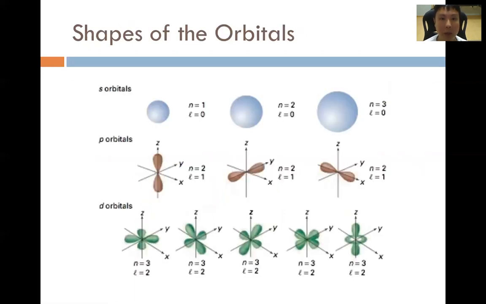In this diagram, we meet the shapes of the orbitals for the first time properly drawn in a nice pictorial view. So the s orbital is in the shape of a sphere, as I've mentioned before. As you can see here, when n equals 1, in the first energy level, there is only the s orbital, because if you look at all the other orbitals, n is not equal to 1, which means that